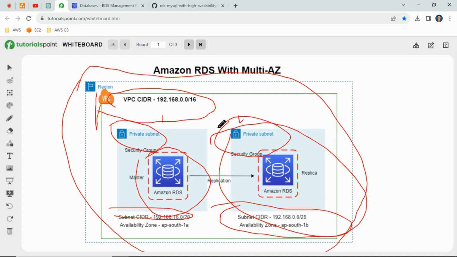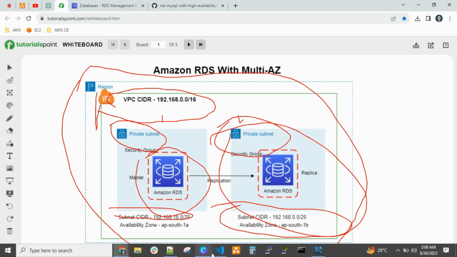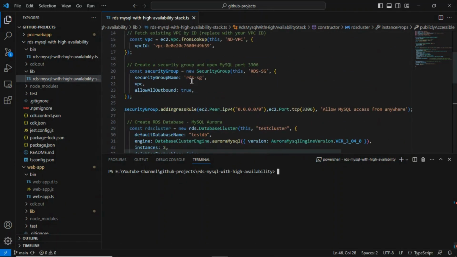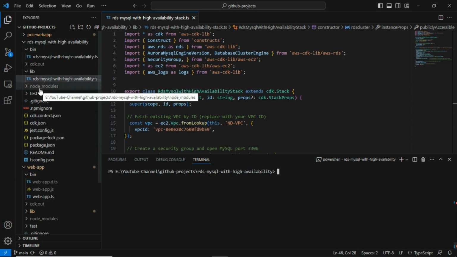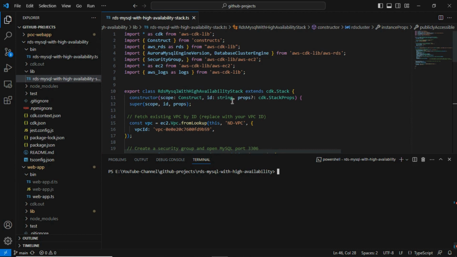Okay, we are in Visual Studio now. I will not again explain the folder structure. If you want to understand the folder structure, you can go to the introduction video to get an understanding of it. So I am in the CDK code directly. As usual, we can mention the import here,